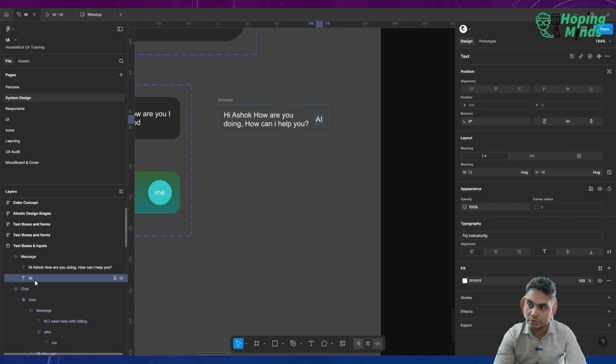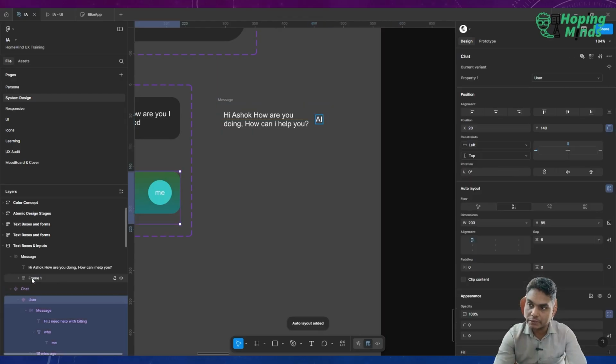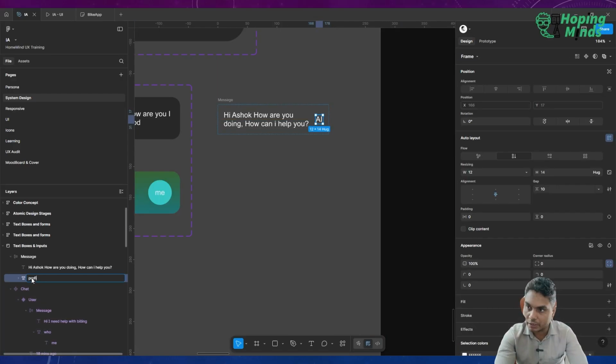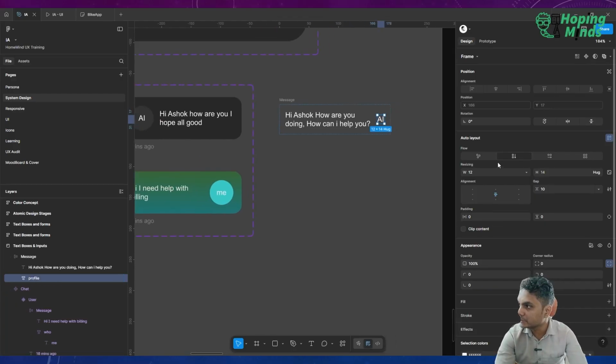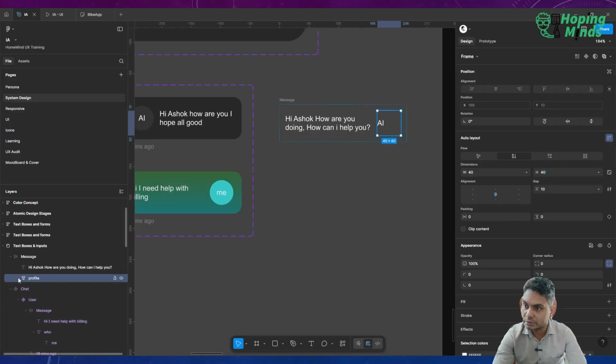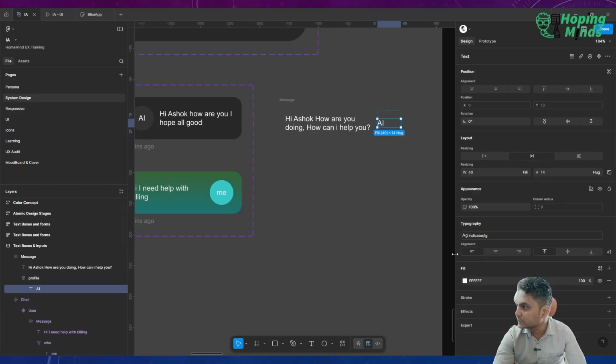Let's put that also in auto layout, and let's call it profile, and that should have let's say fixed width. Let's make this 40 by 40. Let's keep this in center. This should be in center,